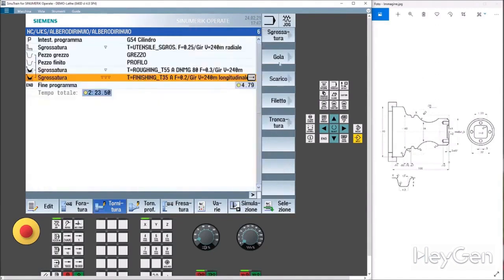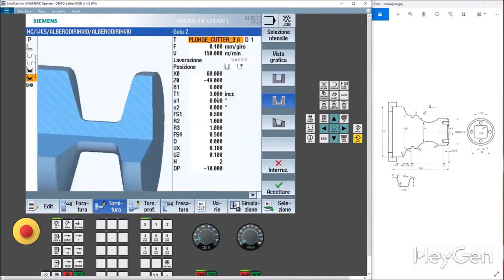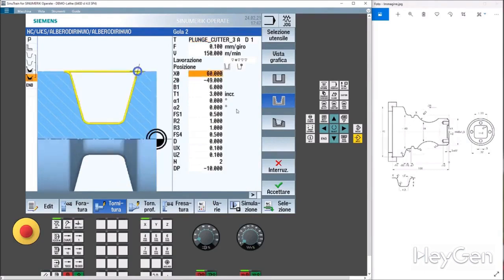Now look here. You see, we use the data we have in the program. It measures this angle for me, and I'm going to take this angle. So we have an X of, here it is, exactly 60, a Z of precisely minus 67, and a width